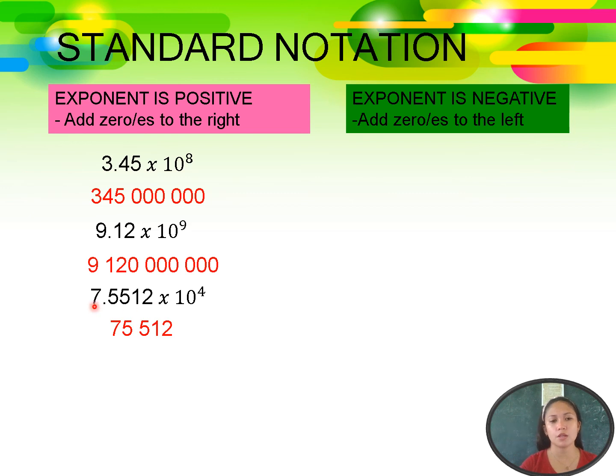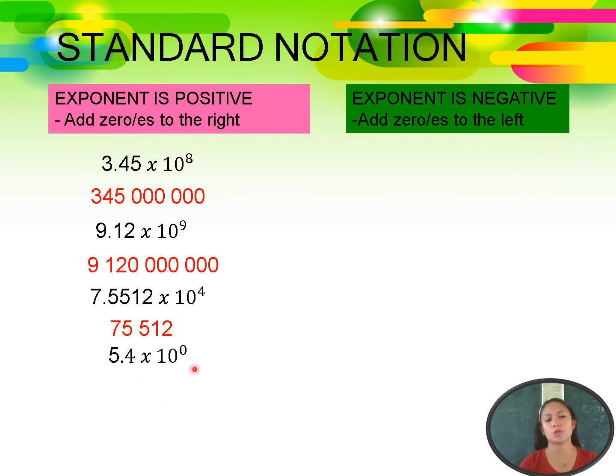So we have here 7.5512 times 10 to the power of 4. So same positive exponent. So we'll move to the right. So that is 1, 2, 3, and 4. So we'll stop. So the answer is 75,512. Another,